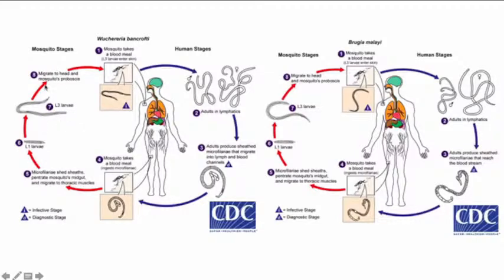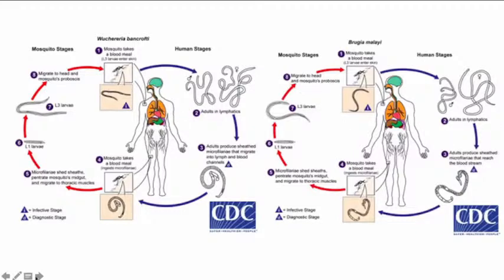Then the L3 larvae migrate to the mosquito head, in preparation for the blood meal, so that they can be released during the next blood meal. The same is similar for Brugia malayi. They have a similar cycle because they are both causes of lymphatic